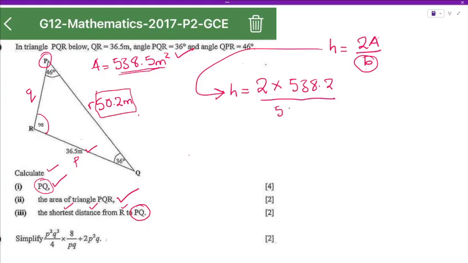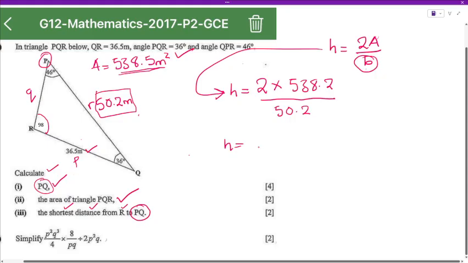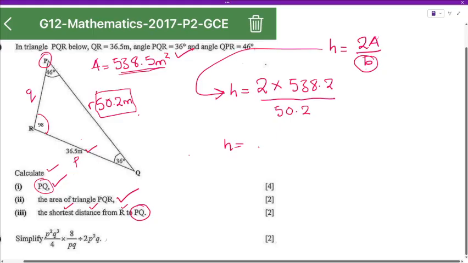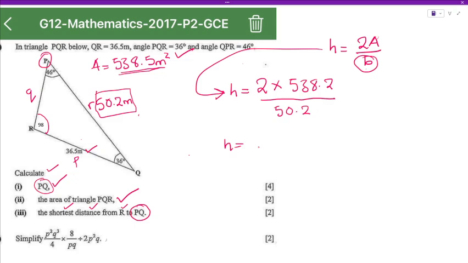So we plug in 50.2 there. And then we calculate. So we're going to say 2 times 538.2. Before you punch equals, you verify that you have punched the correct values. You say equals, and then you say divided by 50.2 equals. Okay, it gives you a decimal there, which is 21.44 2231